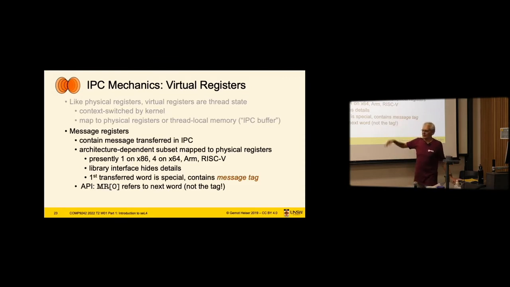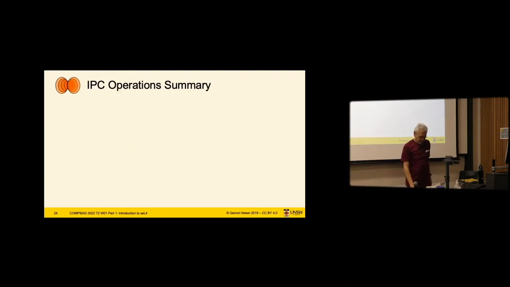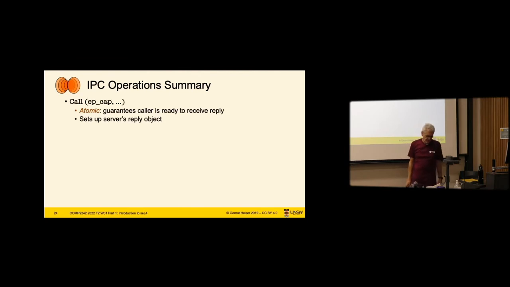So that's why we don't really optimize that much anymore. The details of this are hidden by a library, so you don't really need to care about that. And in the API, we have this MR notion, so that's message register 0, which is actually not the 0th word, which is a bit confusing. And so the way this works is,